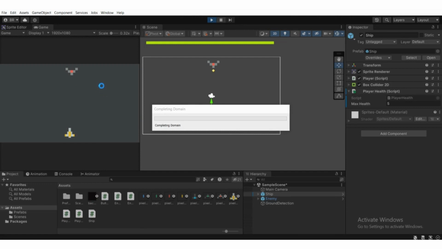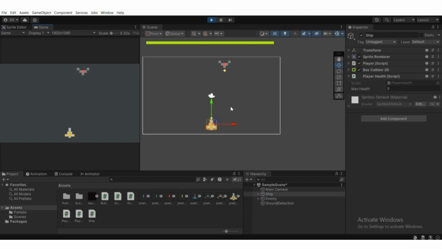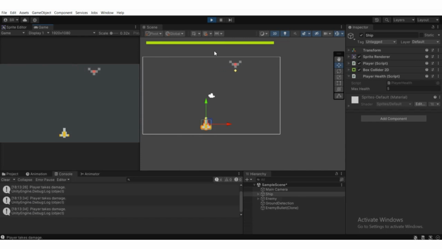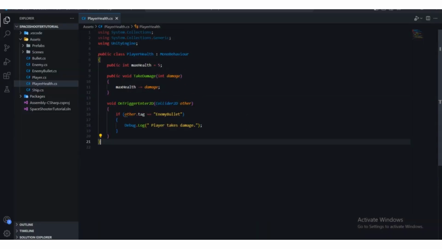If I now play, you will be able to see it get shot. As you can see, the player takes damage. Okay, the player takes damage. So instead of printing out the message, what we're gonna do is